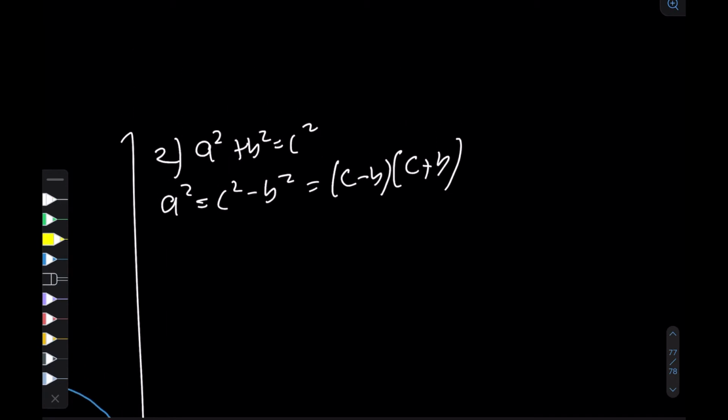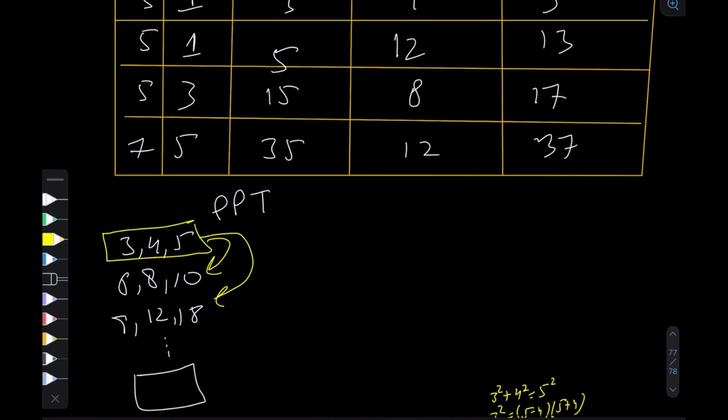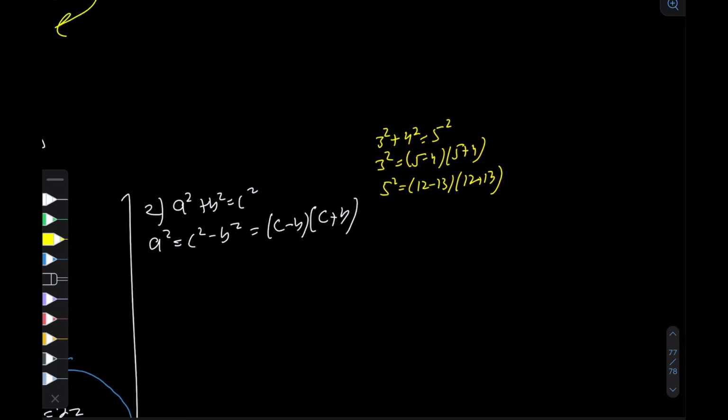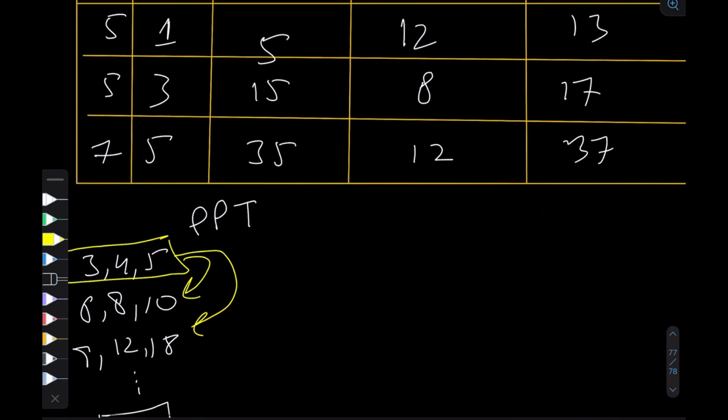Just to relate this to an example, if 3 square plus 4 square is 5 square, then 3 square is 5 minus 4 into 5 plus 4, which you can check is true. Let's take something else. Let's take 5, 12, 13. 5 square, notice how I'm taking the smaller one or the odd one. I'm basically taking a, which is the odd one. So 5 square would be 13 minus 12, 13 plus 12, which you can of course check is true. Let's just take a non-boring case where there's not a difference of 1. 35, 12, 37,